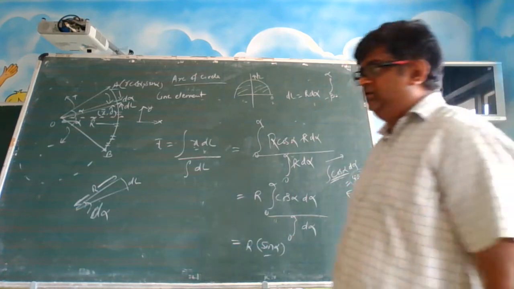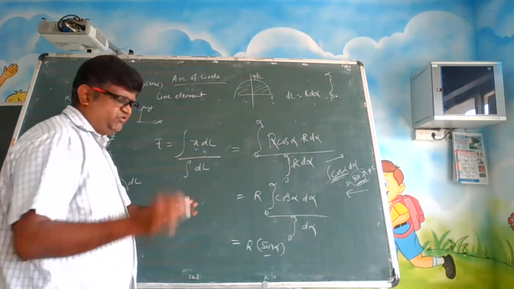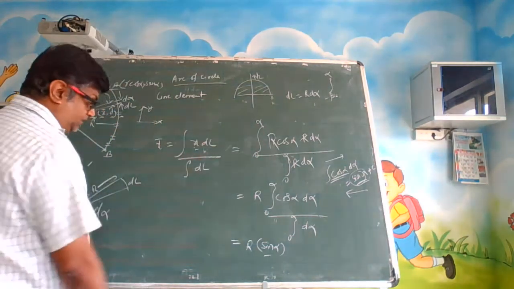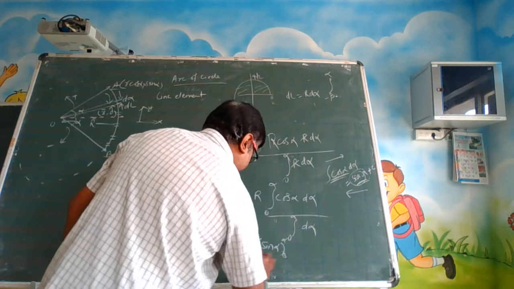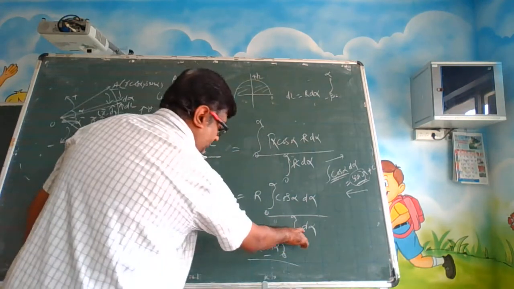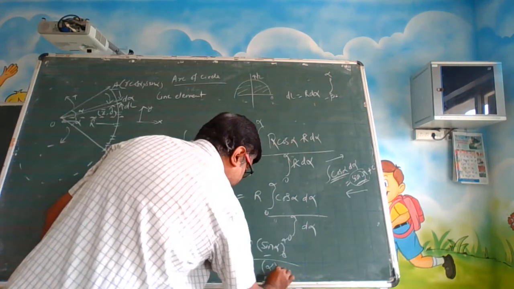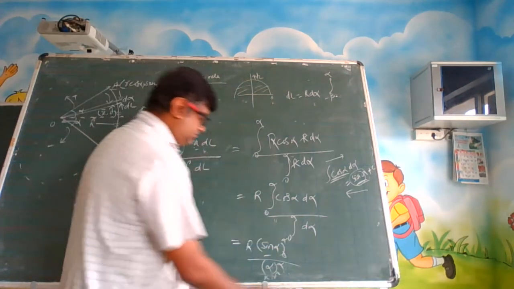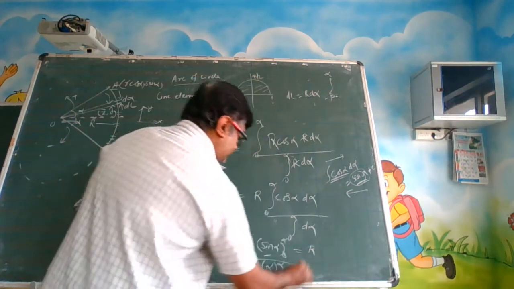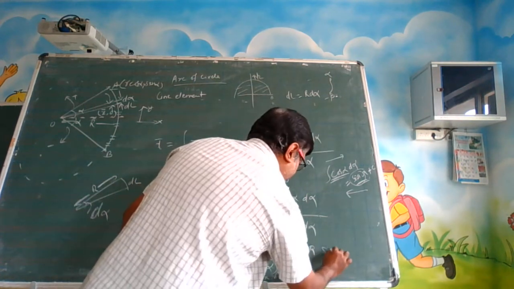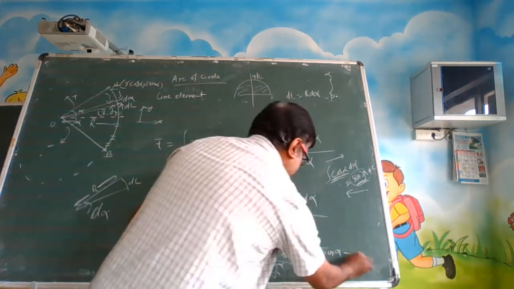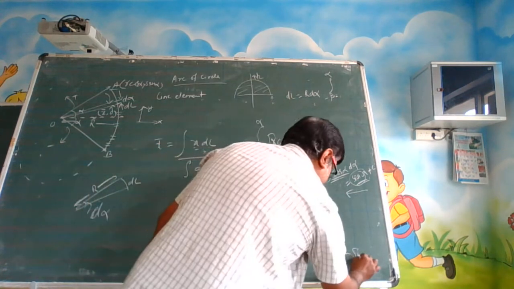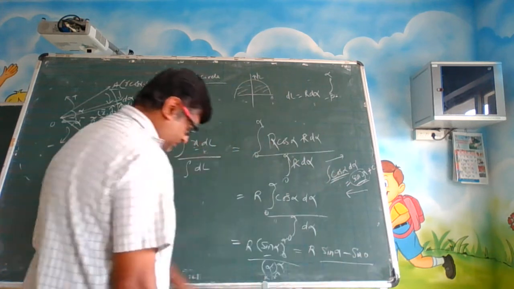So this is correct. Because with cos and sin you always get this confusion of which is minus, which is plus and all those. So I just want to clear that out. R sin alpha from 0 to alpha divided by, this will become alpha. What are the boundary conditions? 0 to alpha. So put the upper boundary and lower boundary. You will get R. Put the upper boundary, it is R sin alpha minus, put the lower boundary, put 0 in the alpha place, sin 0 divided by alpha minus 0.